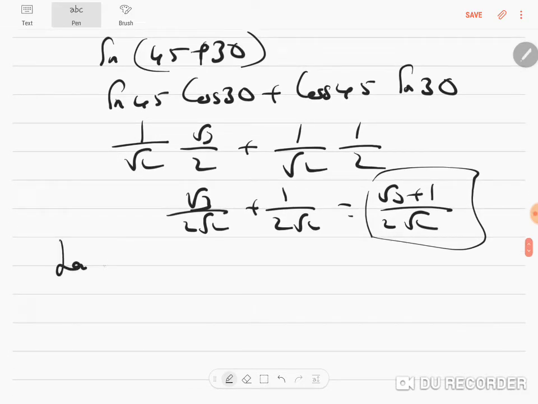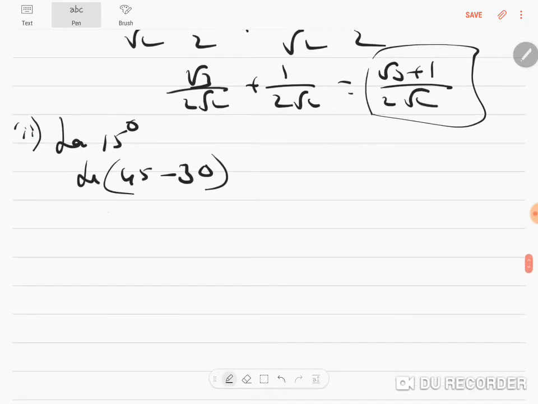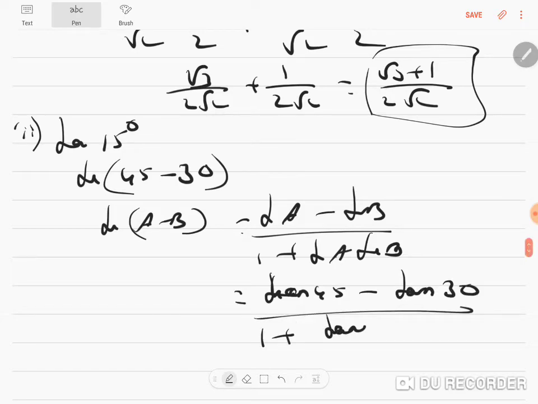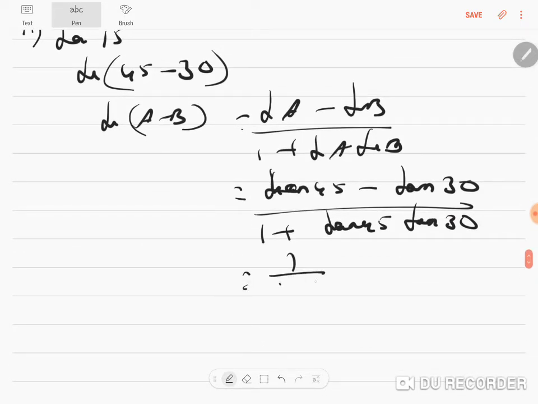Tan 15, which is a known angle, is tan 45 minus 30, which is tan a minus b, which is tan a minus tan b by 1 plus tan a tan b. Hence, it is tan 45 minus tan 30 by 1 plus tan 45 tan 30. What is tan 45? Tan 45 is just 1. What is tan 30? Tan 30 is 1 by root 3